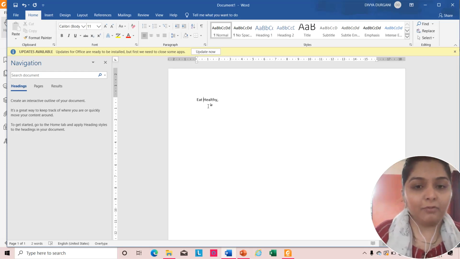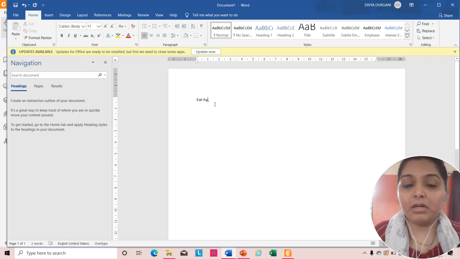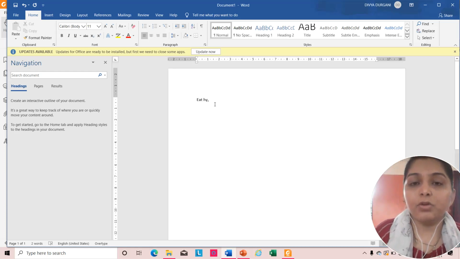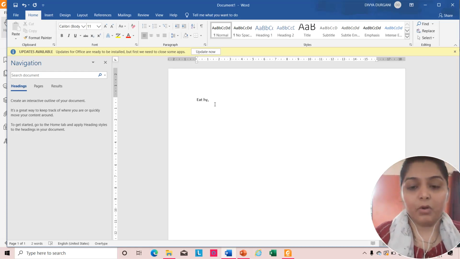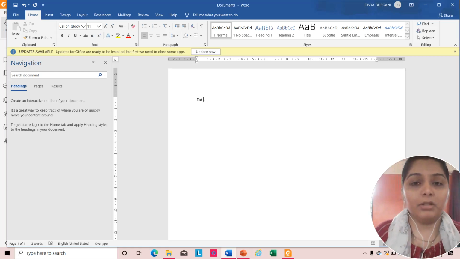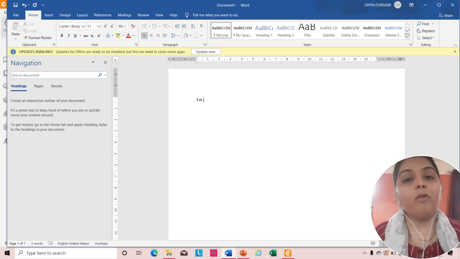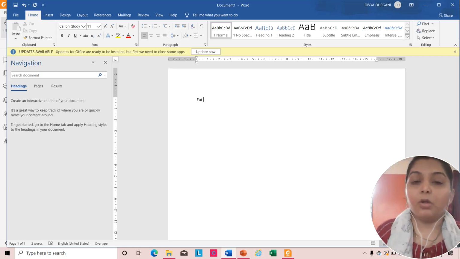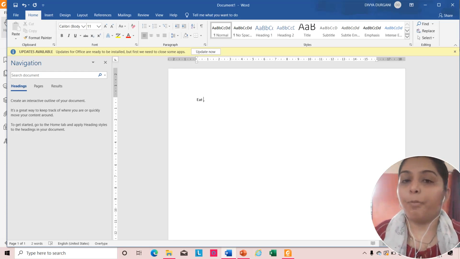To the left of the text. So I will keep on pressing the delete key like this. Now I will place my cursor to the right of the text to use the backspace button. So I am using the backspace button on the keyboard. In this way you can delete the text with the delete button or with the backspace button. You have to just place your cursor properly.